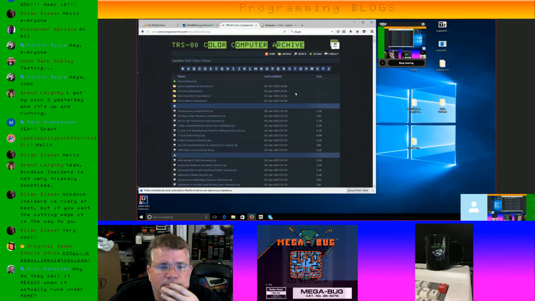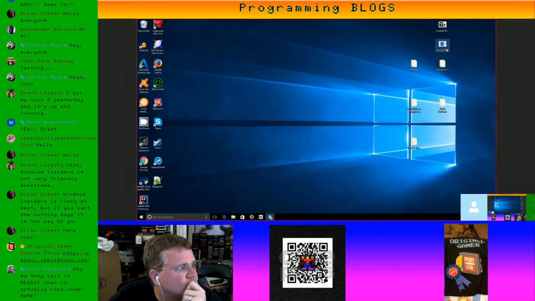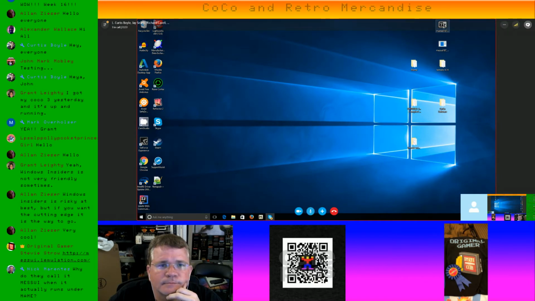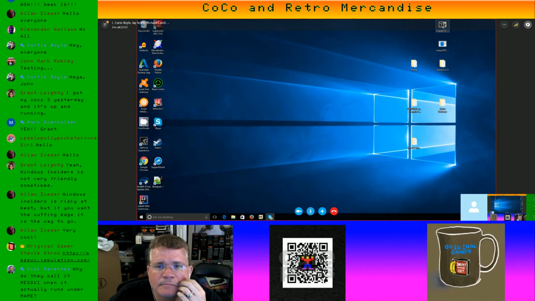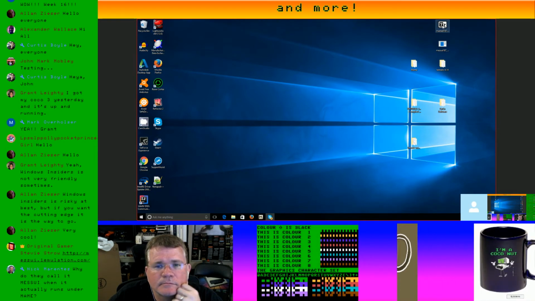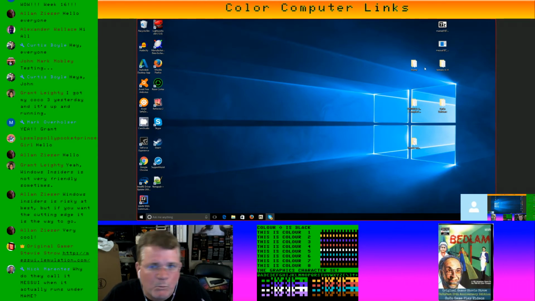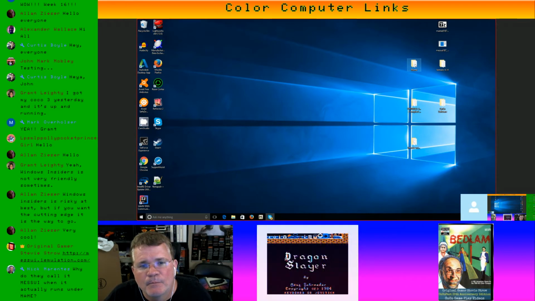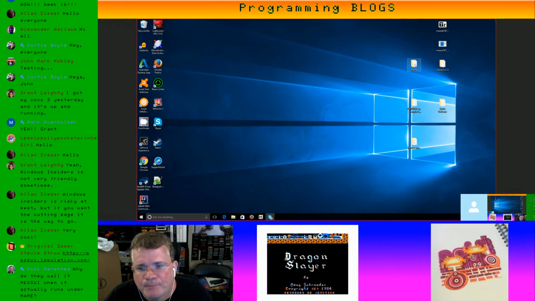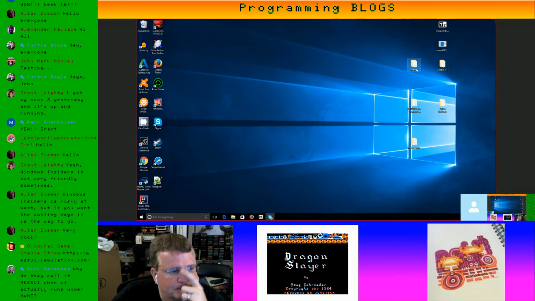So that's that. Like I said, if you do the MAME, it's a 7-zip file. It's basically self-extracting, so you don't even need a 7Z file extractor. It does its own thing. But when you do that, it's going to ask you for a location, and I always put most of my stuff on the desktop. It's just the way I've always been. So you'll get a MAME folder. When you go in there,